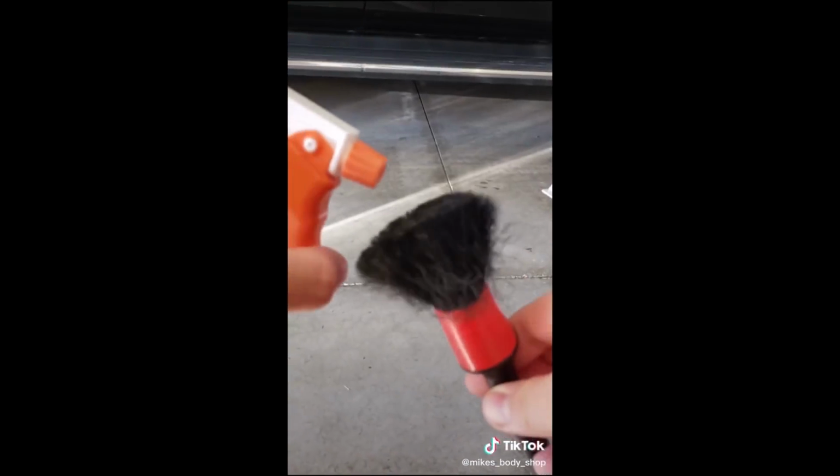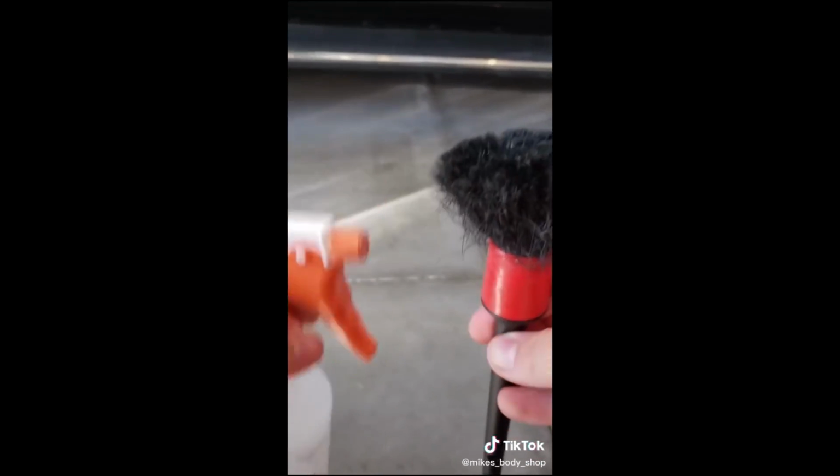First thing you want to do is put some of this cleaner into the brush, and then you want to rub all the cleaner into the leather. So just use some elbow grease. This is after one application, and this is the second application. When you're done, wipe it off with a towel. And to finish it off, we're going to rub in the leather conditioner. When you're done, wipe it off, and now your leather